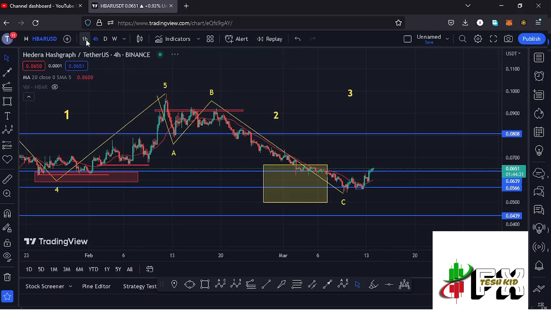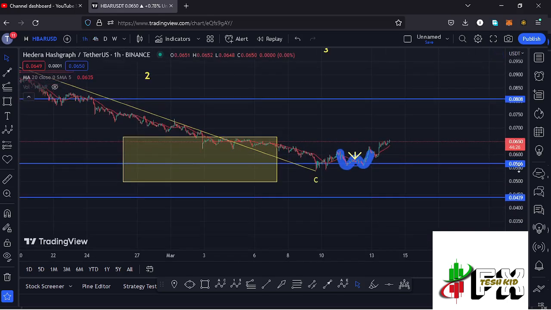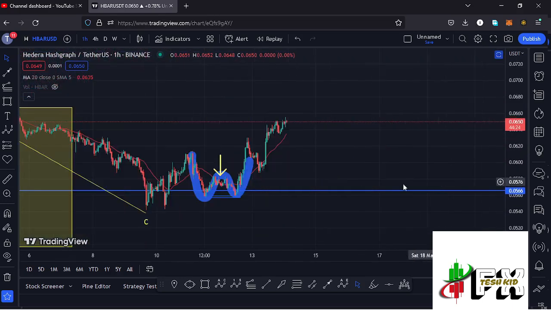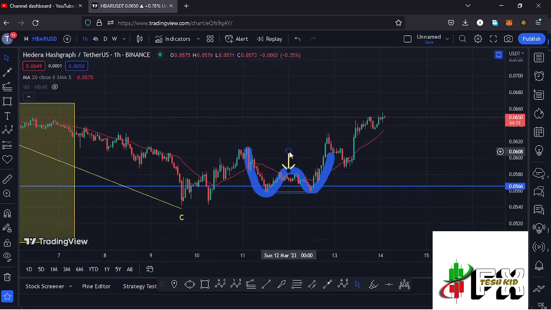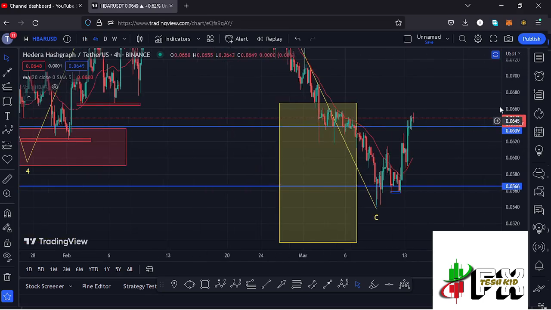Jumping to the 1-hour chart, where we also have a chart pattern that was in formation right here, which is a double bottom that has now given us a breakout to the upper side, and its minimum target areas at around the $0.0609 mark we have fully maximized in a move that gave us a peak at around the $0.063 mark. And getting back to the 4-hour chart so that I can give you my next price targets and also